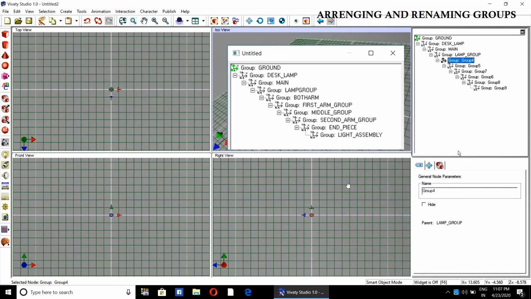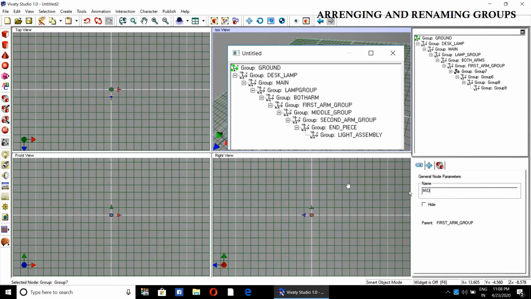The fourth group will be called both arms. Then the fifth group can be called first arm group, capital First underscore arm group. Then there will be the middle arm group or middle group.